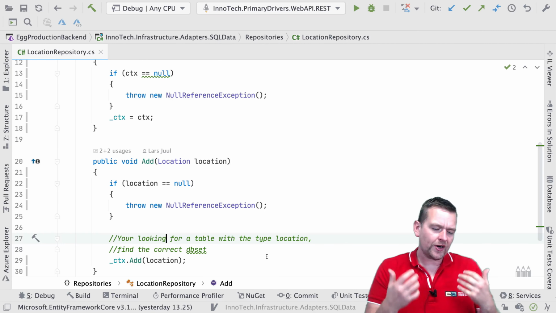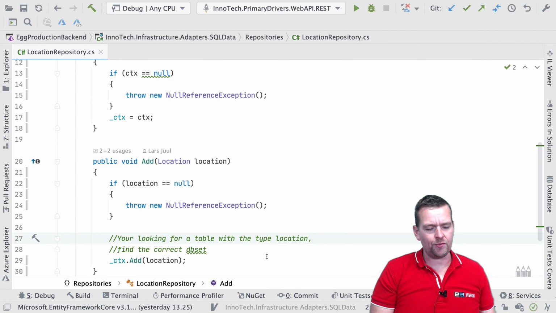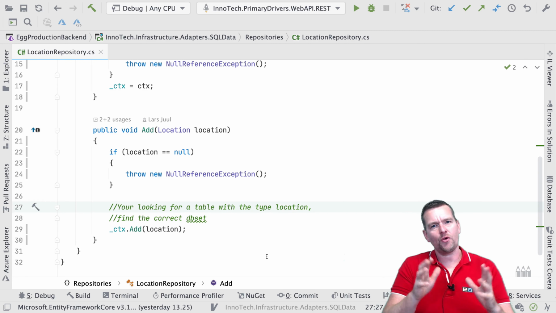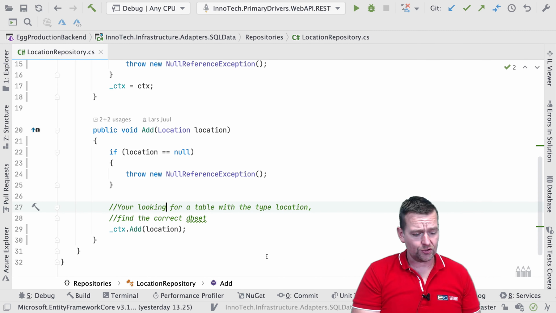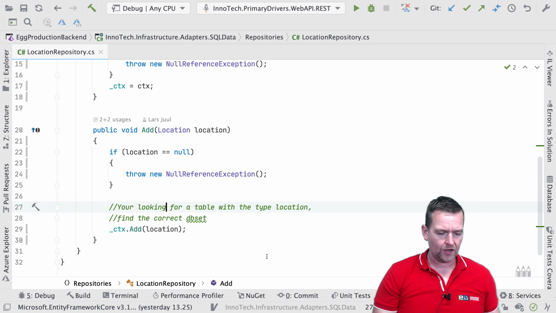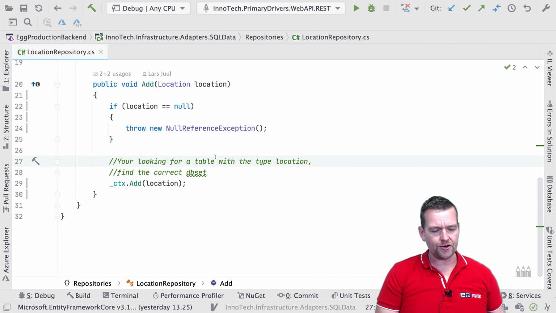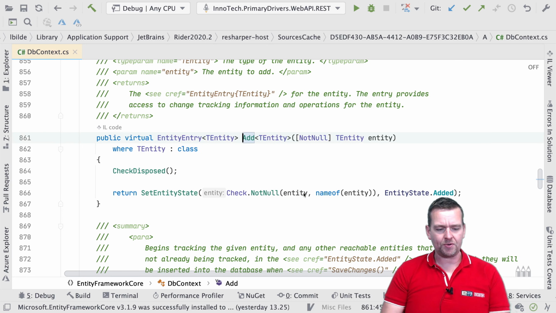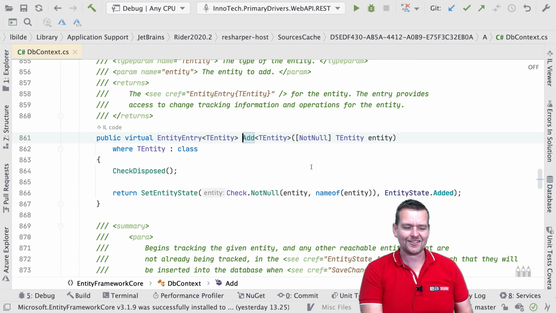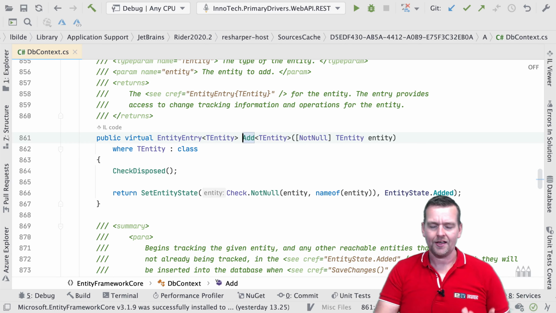Welcome back. I just want to talk a little bit about the Entity Framework and how it actually works behind the scenes before we start making tests for this, to prove why I'm doing what I'm doing. First of all, when we're working with the Entity Framework and we call an add function on that context, what actually happens is it sets something called the state on this object